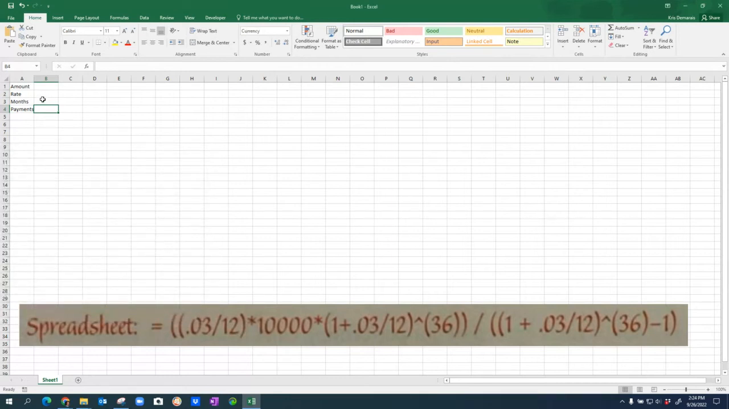Now all of it's formatted. What I want to do is copy this right here. So I want to go ahead and hit exactly what I see. I see an equal sign. I see two open parentheses, 0.03 / 12, close parentheses. Multiplication symbol is shift 8, 10,000, shift 8 again for multiplication again, open parenthesis,